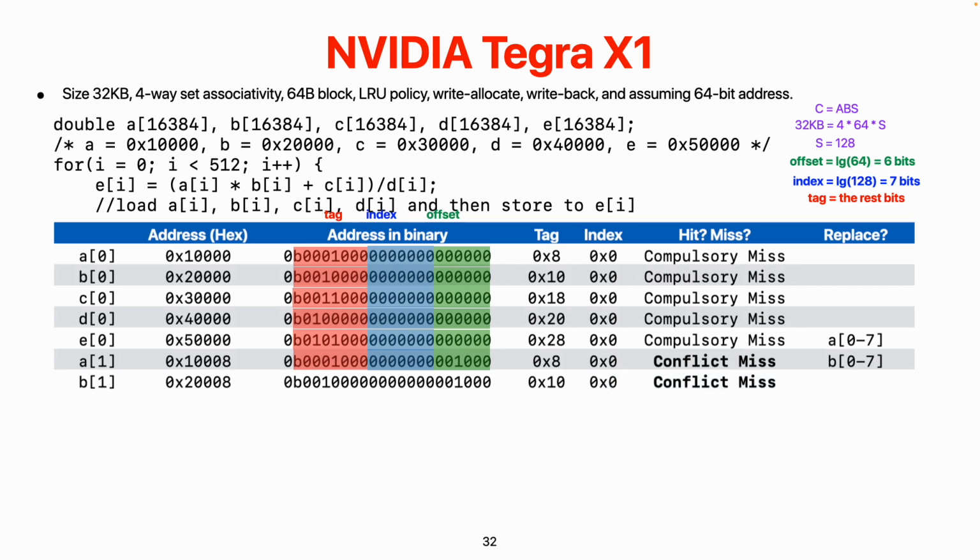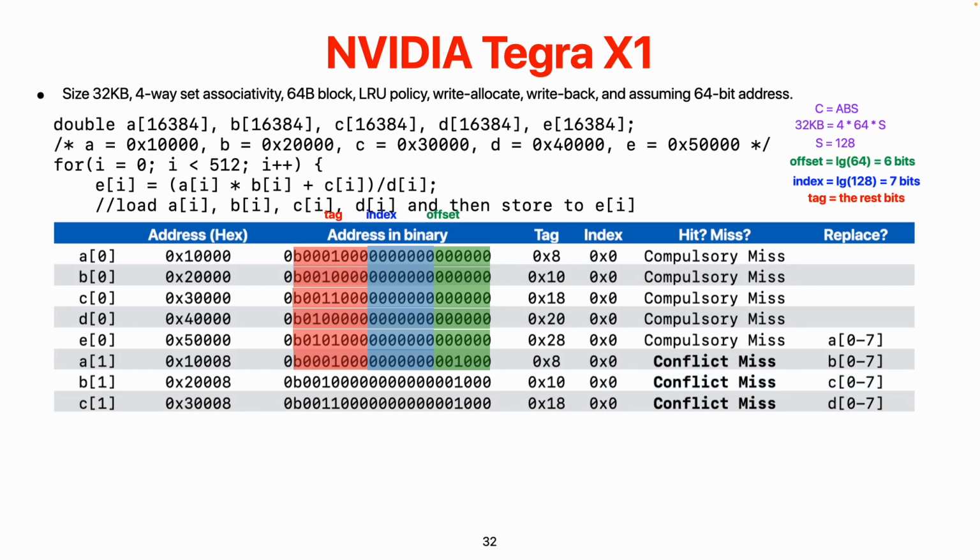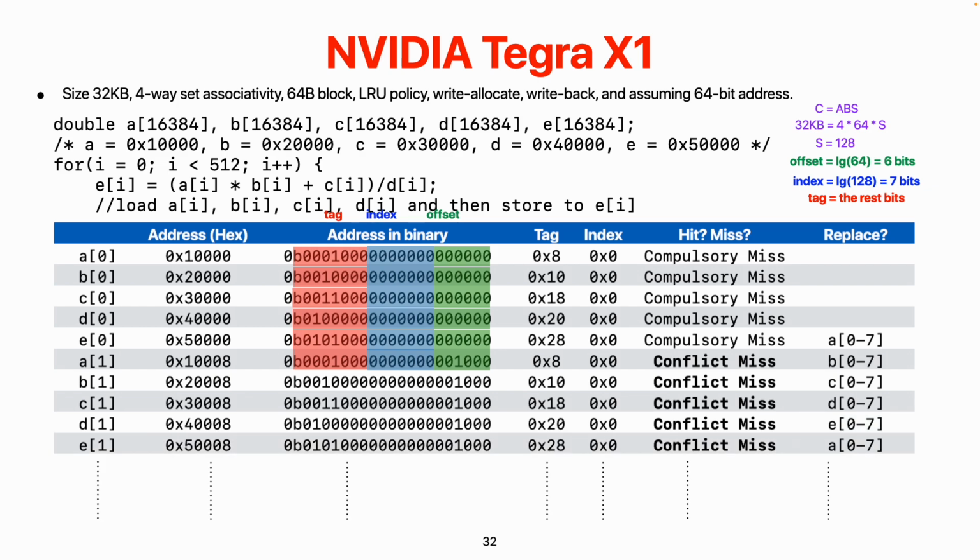So continuously you will see every one else is a conflict miss until we meet A8. A8, that's another compulsory miss. B8, that's another compulsory miss because that's a new block. So only the first time you visit a block in the program is considered a compulsory miss. Otherwise, everything else is a conflict miss for this piece of code, right? Okay, so now,